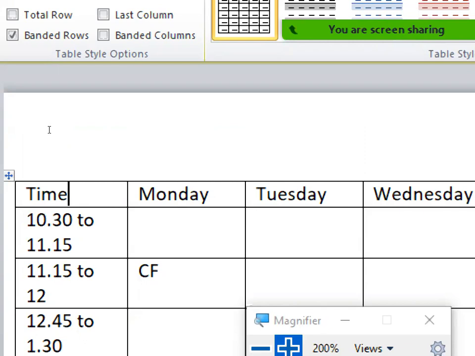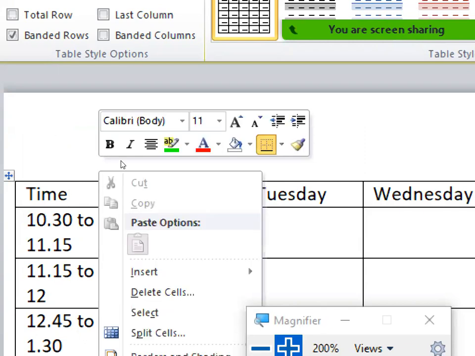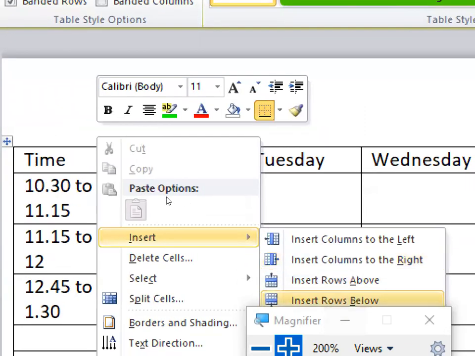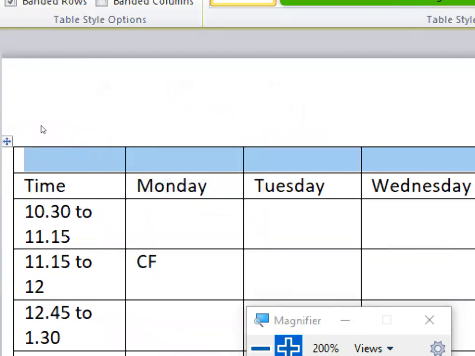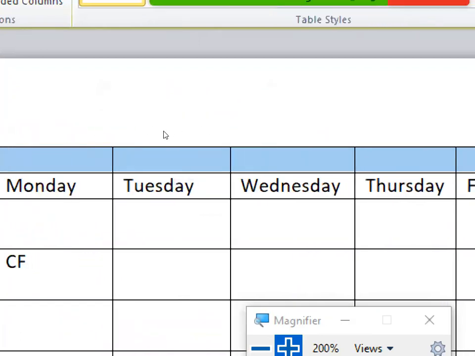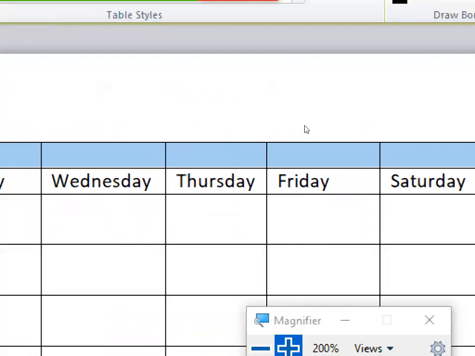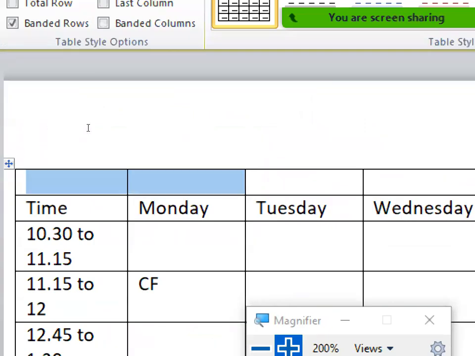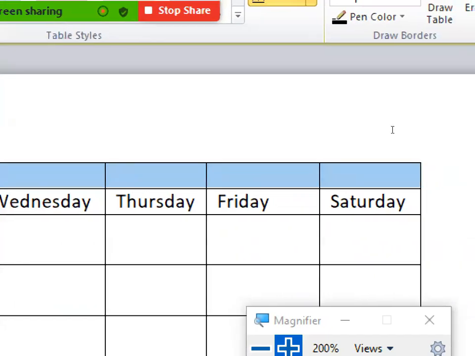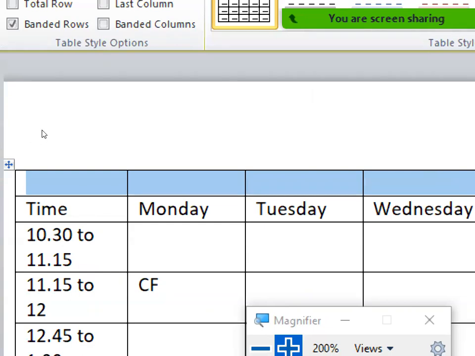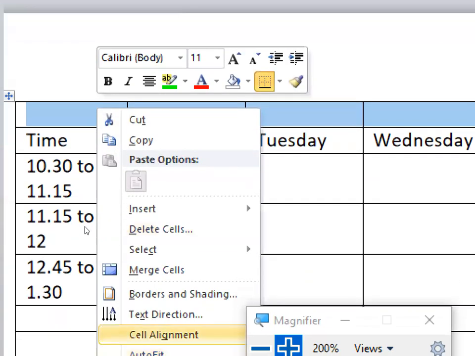So what I will do, I will select this particular row and then say insert rows above, and a row has been generated now, but with the same number of columns. I do not want these columns. I want only one column. So for that, you can select this entire row and then right click. Then here we have something called merge cells.